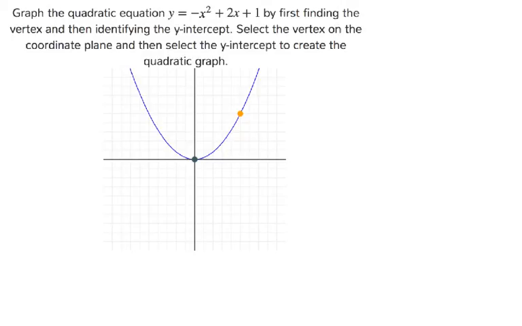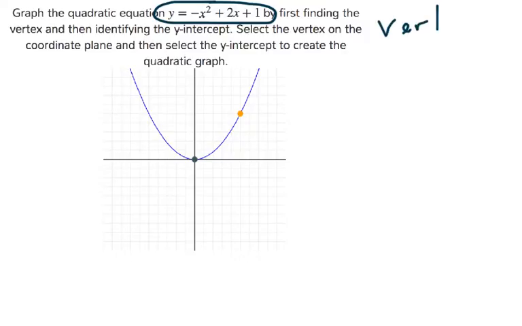In this question, we are asked to graph the quadratic equation y equals negative x squared plus 2x plus 1 by first finding the vertex and then finding the y-intercept. Those will help you graph the quadratic, or at least sketch it. Well, in this case, you might know, or you might not, but I can tell you now, the vertex of